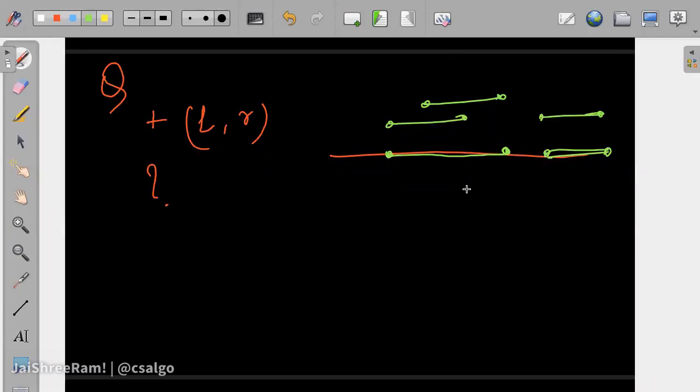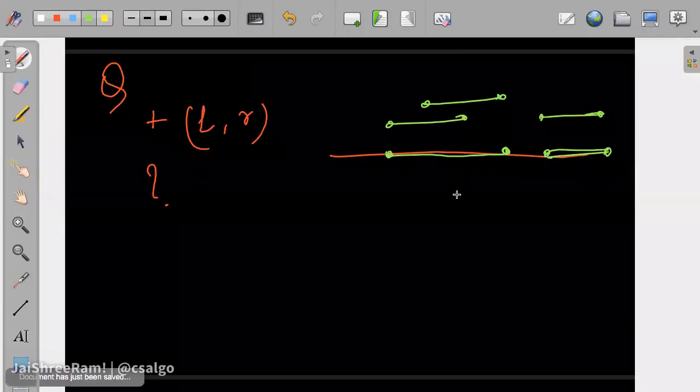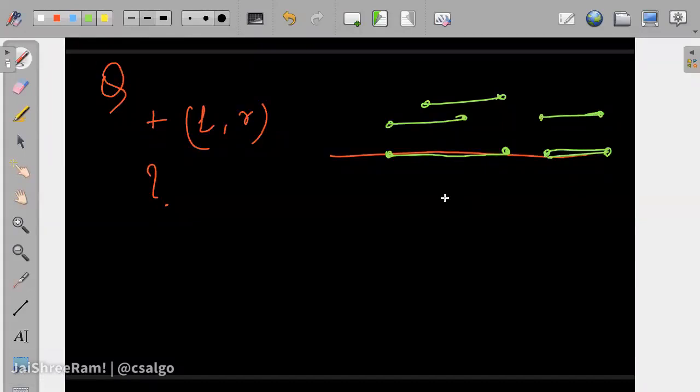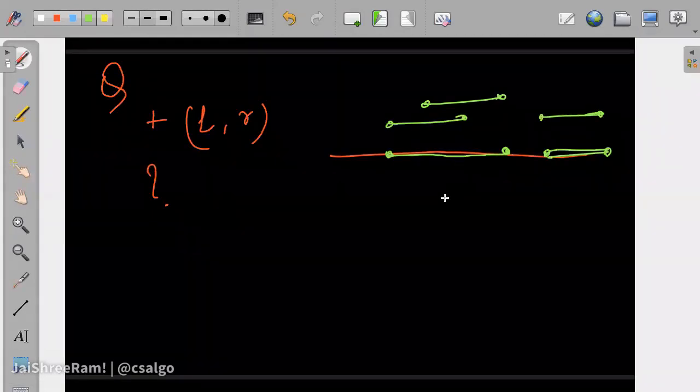Is the question making sense? Is the question clear to all? Can I have a +1 from everyone on the chat, because this is important. If you don't understand the question, then I think you're doomed. We need to somehow maintain the number of separate segments that you have on the line.